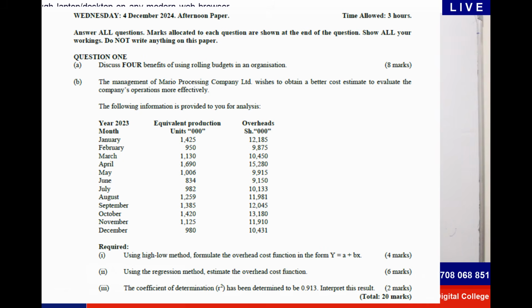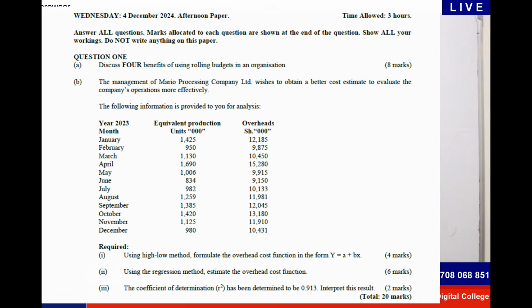Now copy and paste the values of Y: 1285, 9875, 10450, 15 to 80, 9915, 9150, 10133, 11981, 12045, 13180, 11910, and finally 10431.